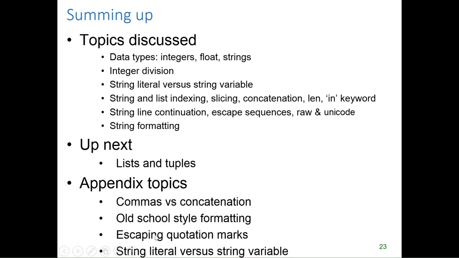Then escaping quotation marks. I just want to reinforce that the dot format method is just a method like dot lower, dot capitalize, or dot replace that you can put on the end of a string. It looks a little weird because you're putting it on the end of a string literal, but it has arguments just like the replace method has the thing that you're going to replace and the thing that you replace it with. It's a string method